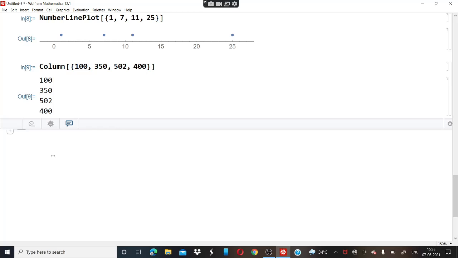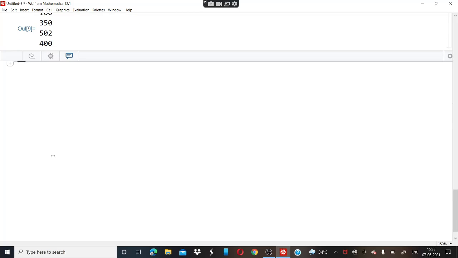Now say you have more numbers to plot. As in the previous video we discussed range, we are going to use pie chart and range, both the functions.